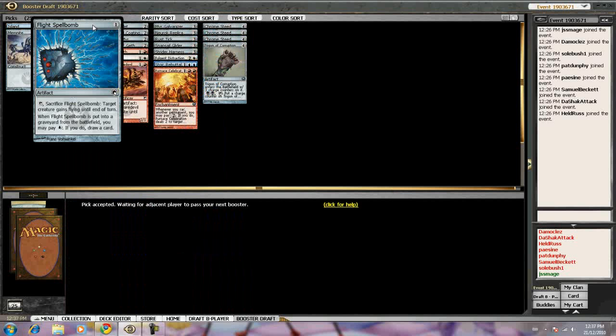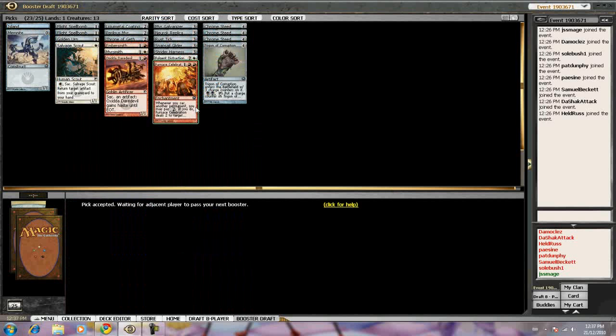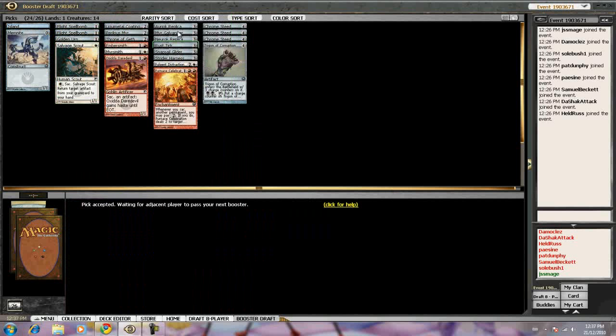Splashing blue for Flight Spell is a little weird. And even my replica is blue, so 3 out of these 4 sacrifice outlets are in blue. Here, I'll take the Oriok replica. There's a non-color replica that goes with Furnace Celebration. I don't have to play Furnace Celebration, but